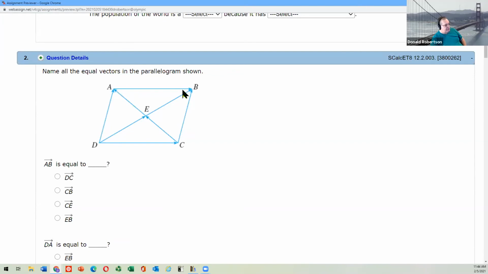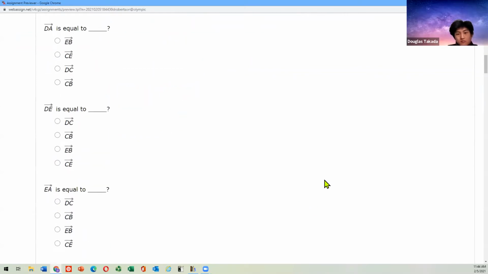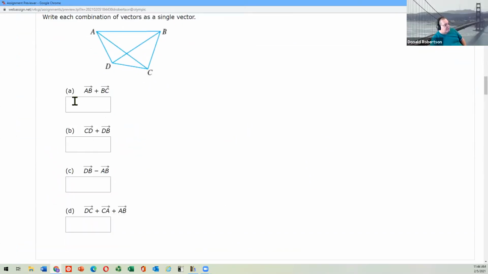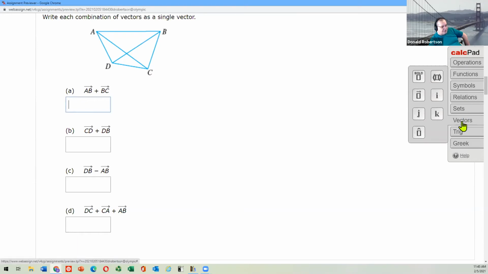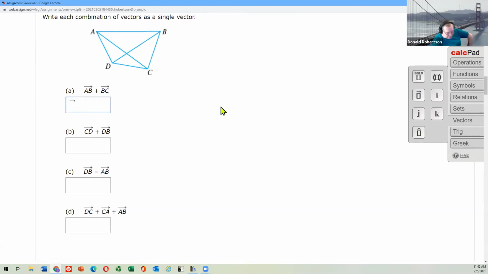AB, which is A to B, is equal to one of these 4 guys. A to B is equal to that one. See. And that's those ones. We've covered that. There's some more of the same kind of thing, but this time journeys. Won't A to B plus B to C be A to C? Now, if you click on this, you want to write down that funny little arrow. So somewhere over here, there's a heading saying vectors. If I click on that, do you see the box that has an arrow on it? I can now type in, what's that going to be? A to C.